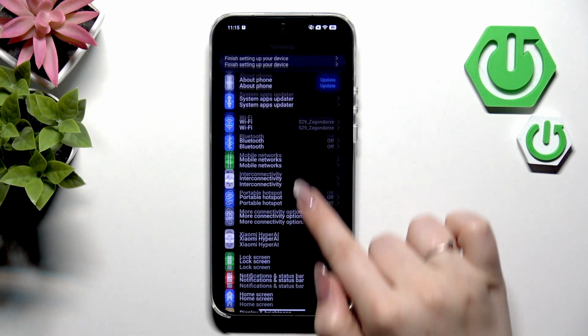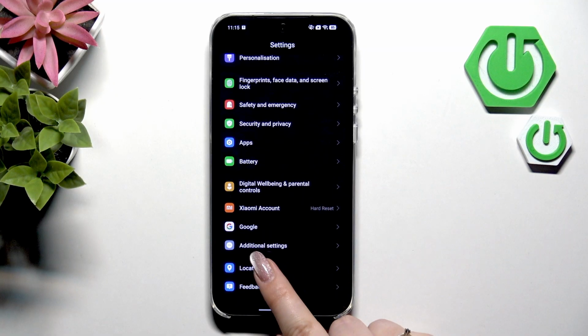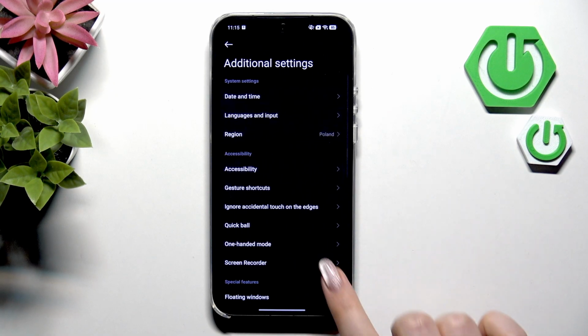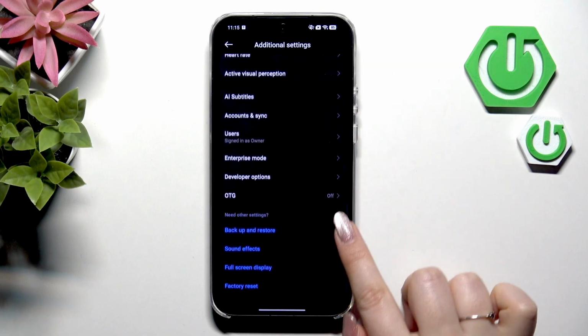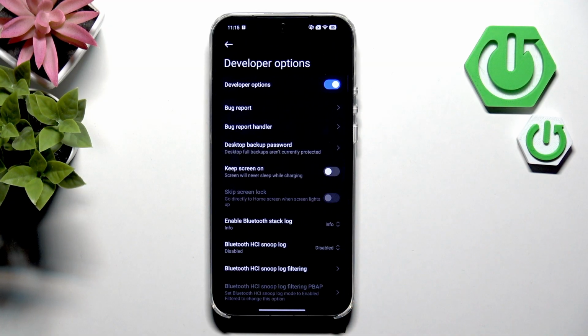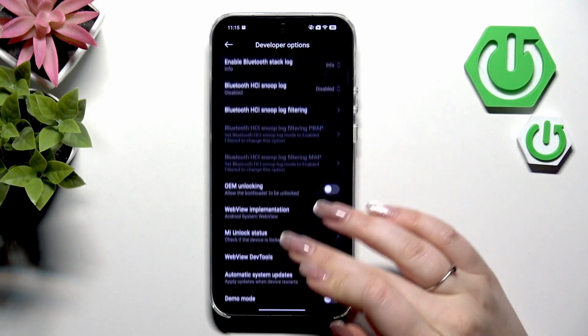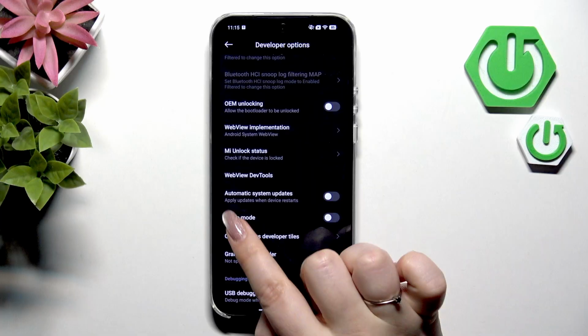So just do it, and then we have to scroll all the way down to find the option Additional Settings. Then let's scroll down again and find Developer Options. And now all we have to do is to scroll down a little bit to find the option Automatic System